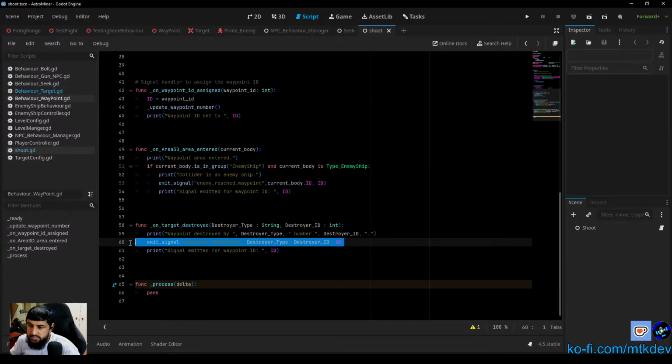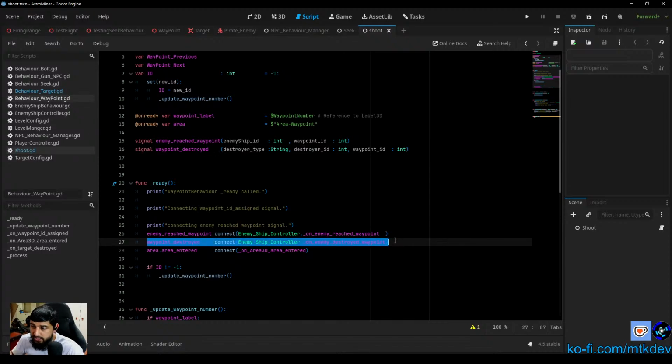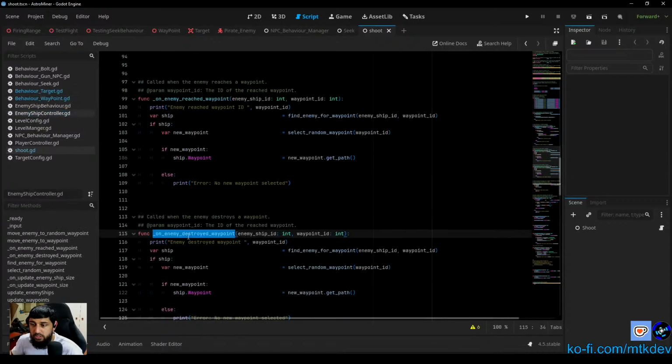So there we've got our signal being emitted correctly with all the parameters. Here we've got our signal being initialized or declared with all the parameters. Here we've got the waypoint being connected, which doesn't require any of the parameters. And over here in the enemy ship controller, we now need to go and make sure that this has all the parameters. Okay, so we need to go enemy ship